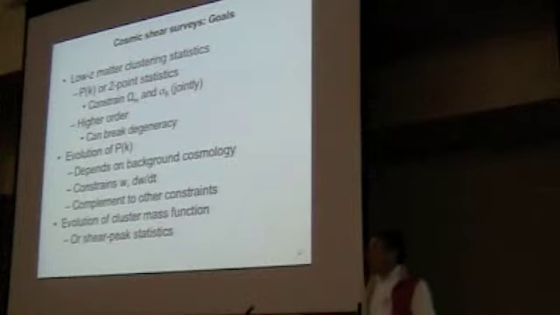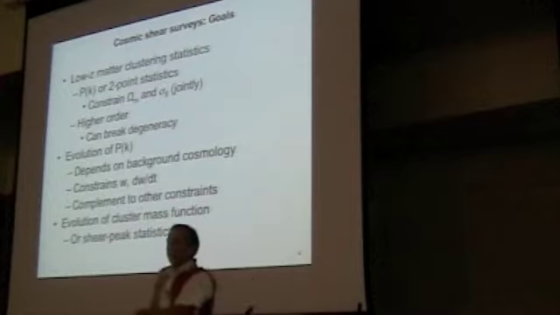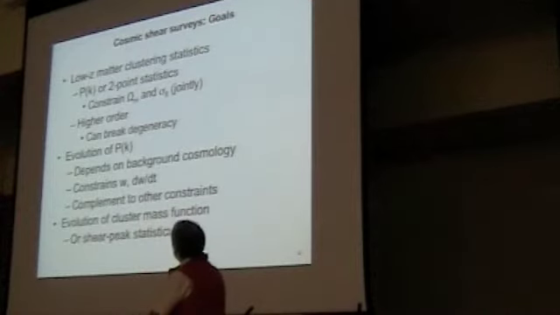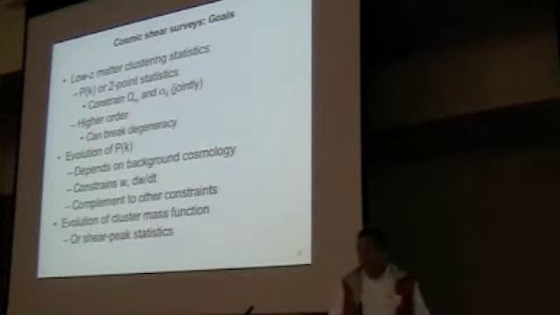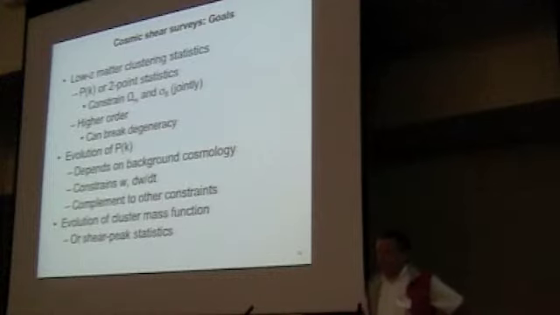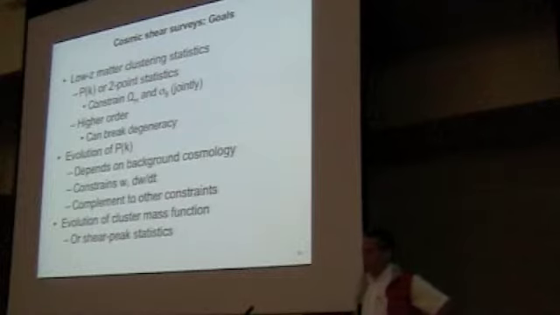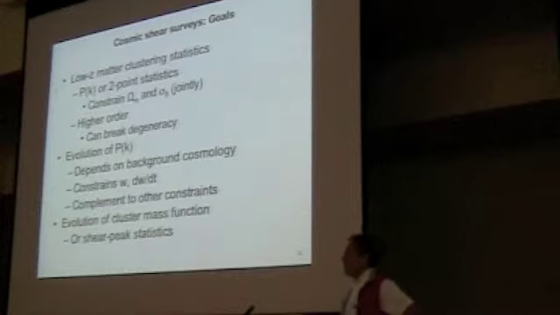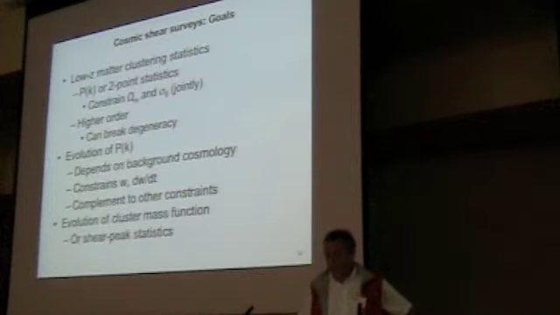So let me now move on to a sort of whirlwind tour of the last 10 years of shear. The original goal was very much focused on just trying to get at the power spectrum or the 2-point statistics to constrain things like sigma 8. Cosmology has moved on considerably since then. We're going to be hearing about efforts to use higher order statistics to break the degeneracy between the various cosmological